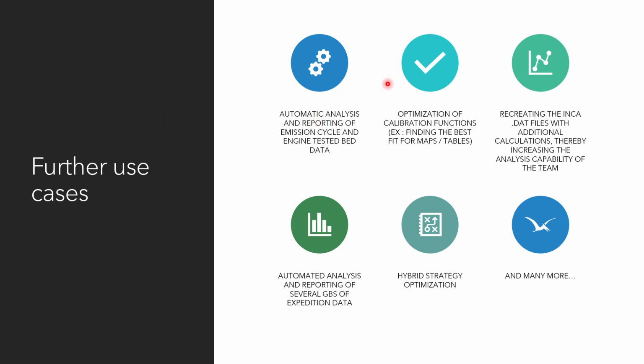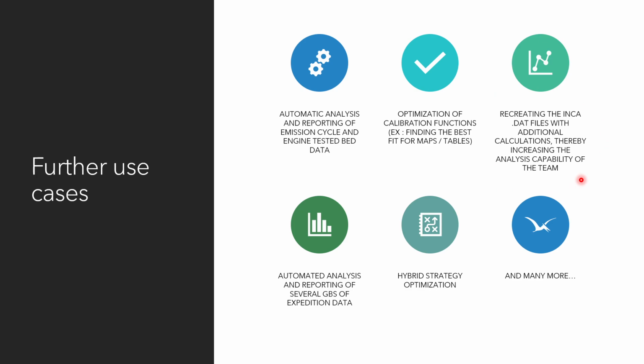Then the second one is the optimization of calibration functions. I mean, you can find better ways to calibrate your functions since you have better control of the analysis of the boundary conditions, and you can also use curve fitting tools, etc., to find better fits for your maps and tables. Then you can recreate the Inca data with additional signals, and then you can increase the analysis capability